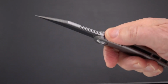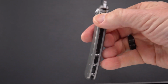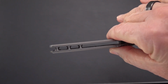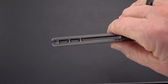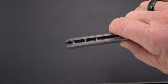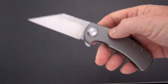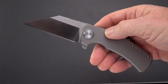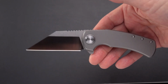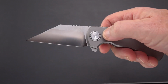I think that will be retained by the final one. Dirk always likes to use a lot of jimping. It is a wide open design with 3 barrel spacers near the end. Currently, this one has no provision for a lanyard, although that last barrel spacer could. Again, we don't know what the final knife is going to look like. It's basically going to have this profile,